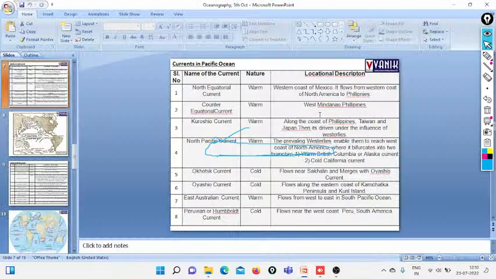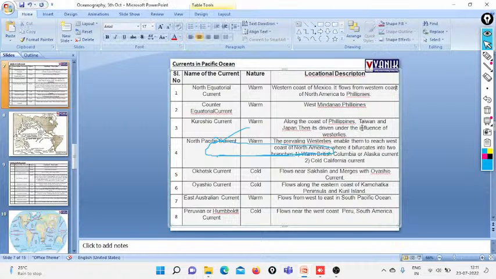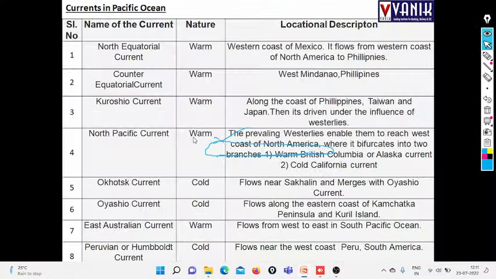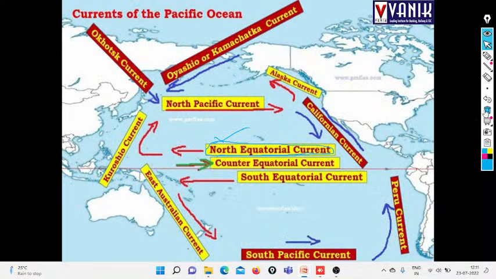Just see here. Western coast of North America to the Philippines. This is the western coast of North America, and the Philippines is here, and the northwest coast. Then next one,